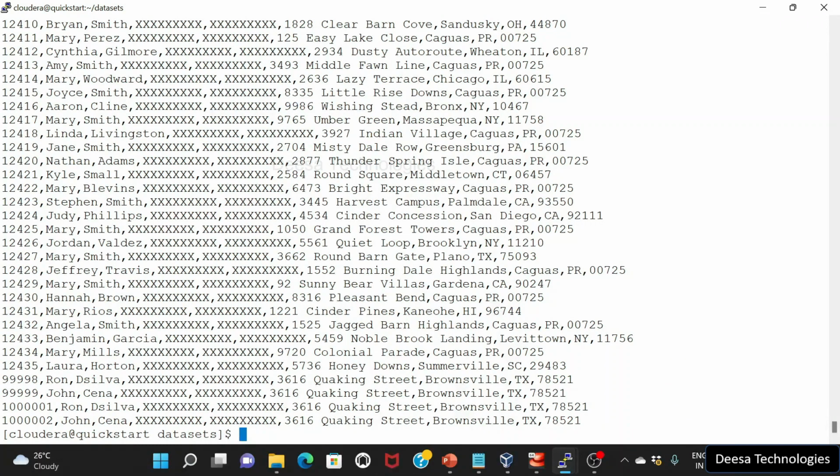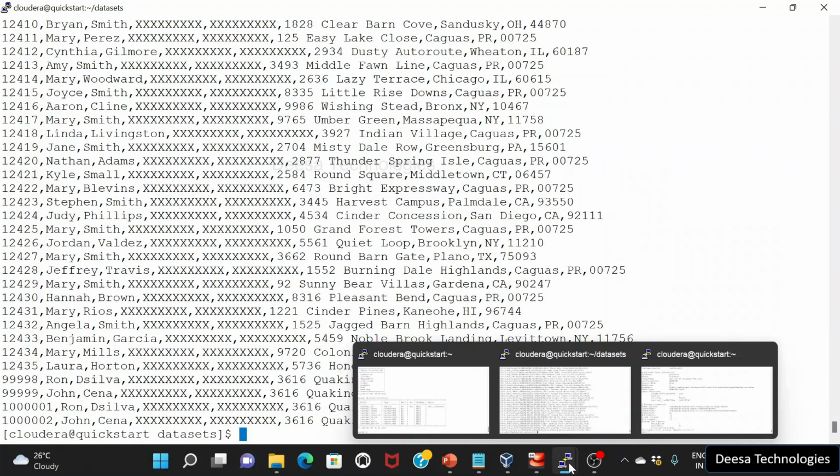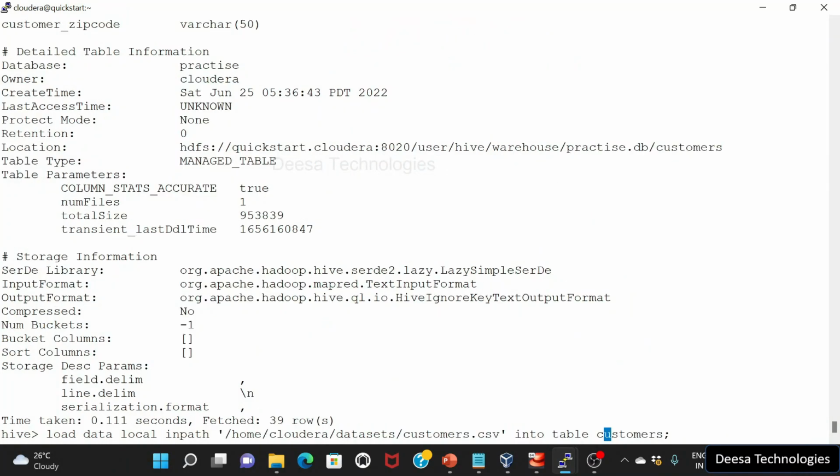So we have loaded the data from your local system or your edge node into your Hadoop table, or into your Hive table, right? So we can also do the same from your HDFS location as well. So what I will do is let me just open here. So this is a command we use to load the data from edge nodes. So now if we want to load the data from your HDFS location,